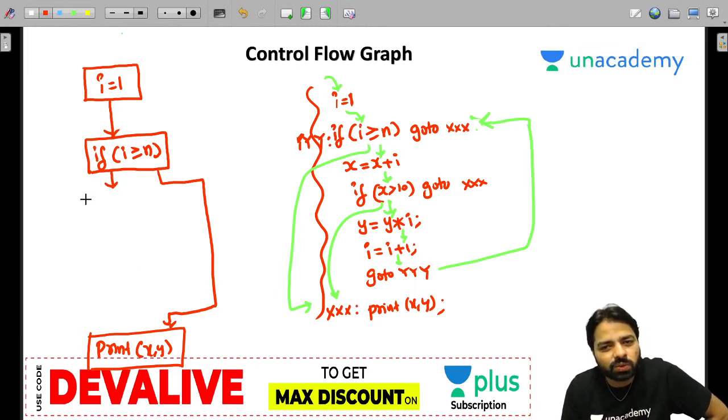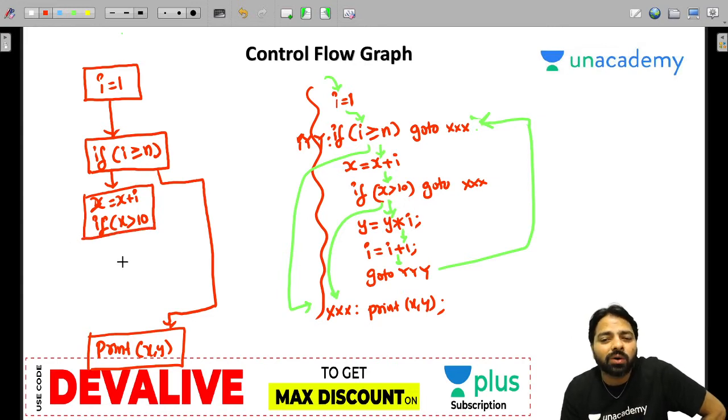If it is true, I less than n, you can come down, you can execute x is equal to x plus I. Now nobody comes to the if, so I can combine this statement with it. It is just a flow chart. You need to understand, but basic blocks are important. Now I am closing it because 2 controls are going out.